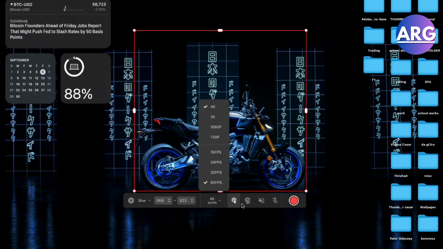So you can record there and you can even show your pointer. You can even have your webcam facing at you while you're screen recording, and you can do your speaker and your mic right here. So once you press record, you can get the most out of your own screen recording, and that's how you fix blurry